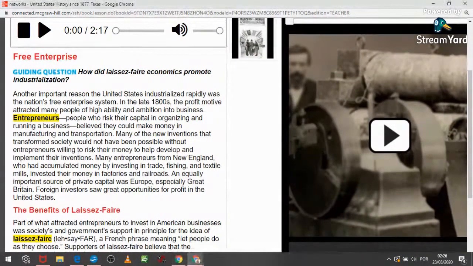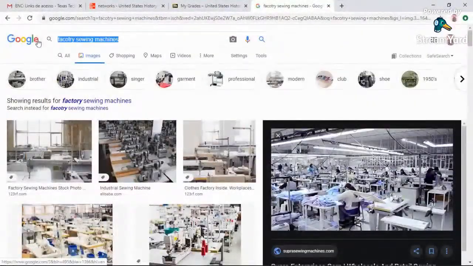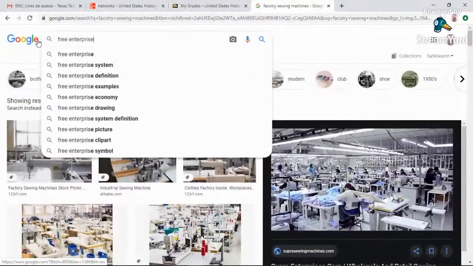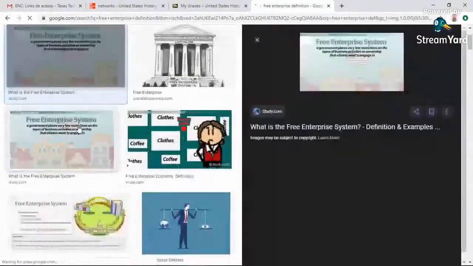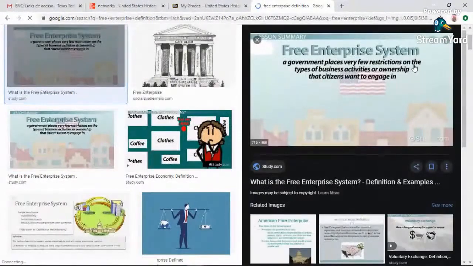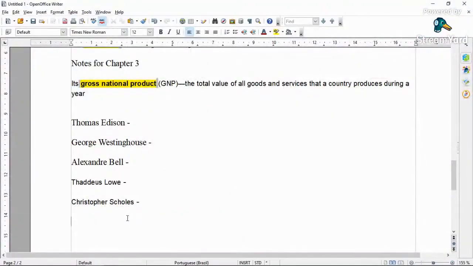So what is free enterprise? Let's just double check to make sure we know what is free enterprise. Free enterprise definition. The government places very few restrictions on the type of business activities or ownership that citizens want to engage in, okay? And that's going to connect to laissez-faire. So maybe you want to put there free enterprise and put the definition, and also